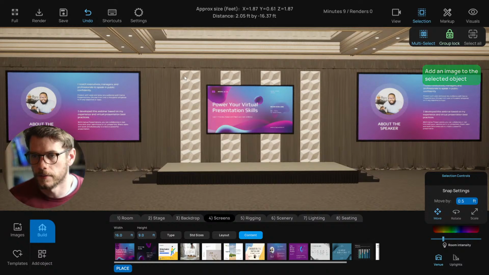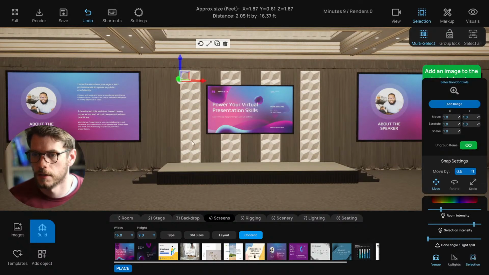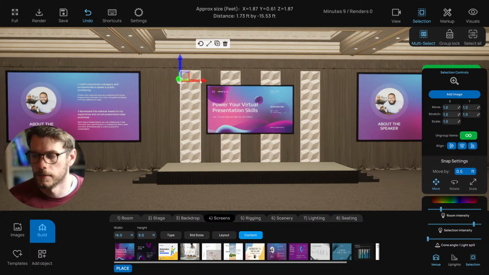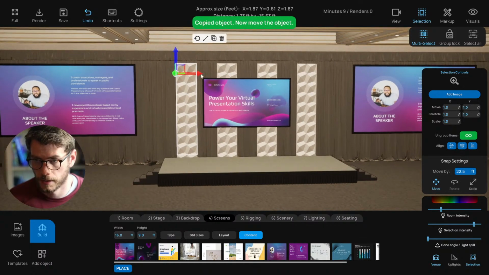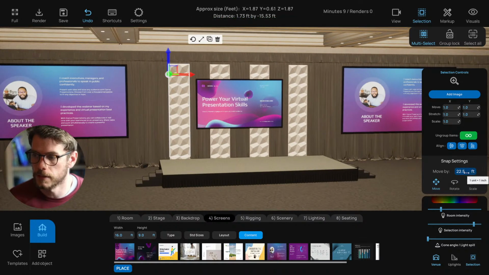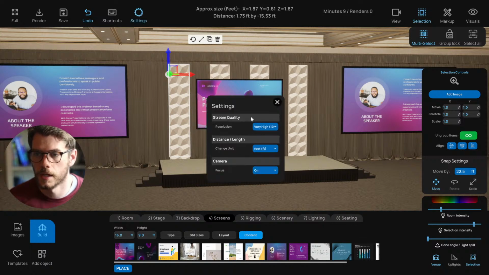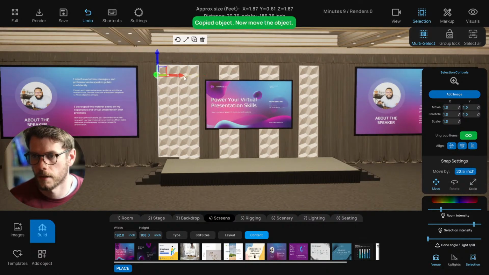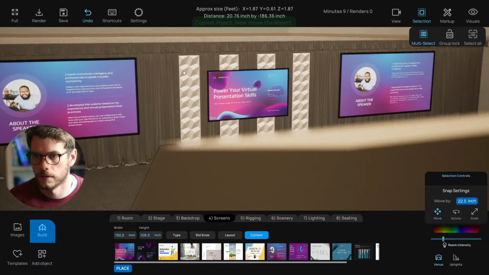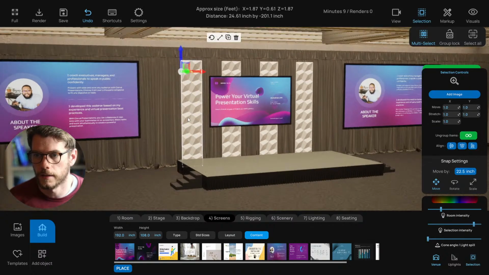So what if I were to copy these guys? If I set this to 22.5, that's how big each tile is, so that will allow me to, oops, that's 22.5 feet. I need it to be inches, so let me change that to inches. Okay, and now, hold on. Now if I